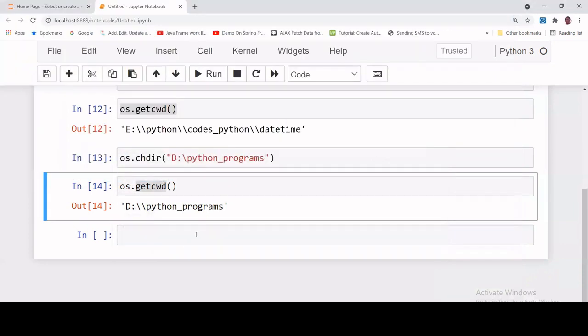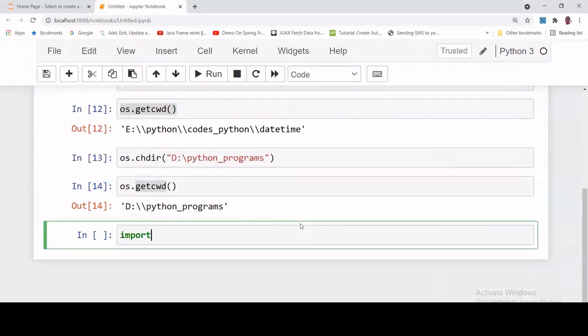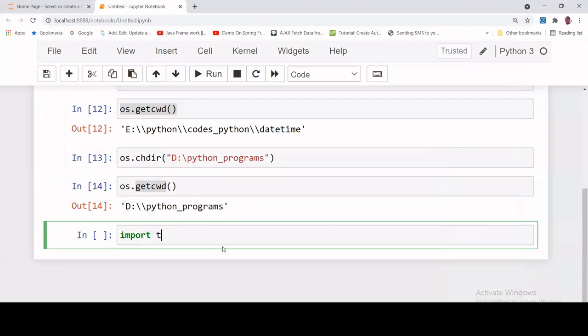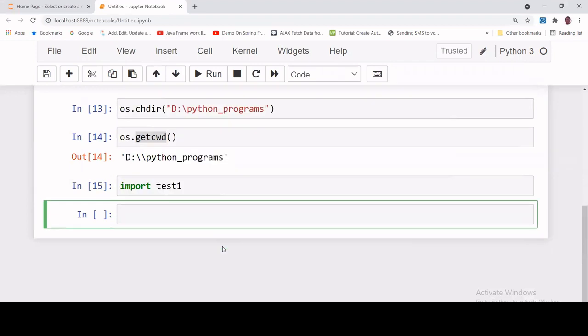Now what I am doing here is importing the module name. Module name is actually the file name. What is the file name? Suppose test1. So this is the module. Import test1. Run this. It is imported. Now type test1 dot and press tab. See, the two functions I have created, a and b, both are coming. .py is the file extension, but what are the functions inside? The ones I have just created, a and b. This is the utility of using a user-defined module.